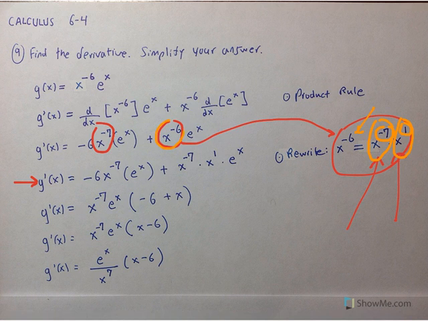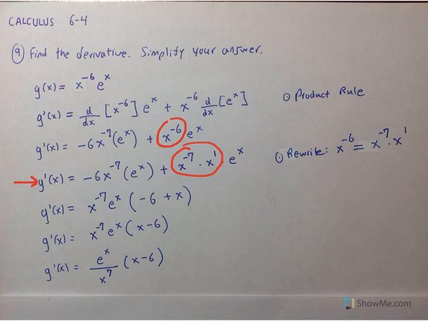And when we write x to the negative 6 in that way, here's what we clearly see. We have a sum of two terms, and the two terms have common factors of x to the negative 7 and e to the x. So from each term, we may factor out x to the negative 7 times e to the x. And that's what I've done here. From the first term, you'd be left with negative 6, and from the second term, you'd be left with x to the first. So you can leave your final answer like that, or if you would like,